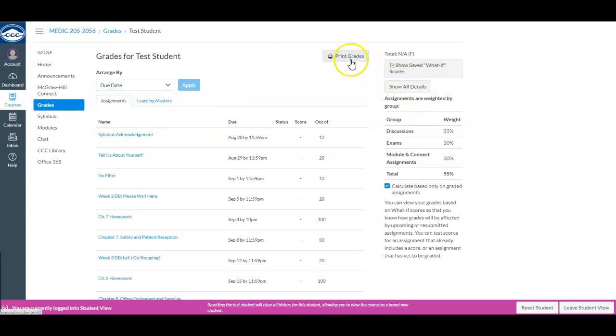You can print your grades. You can show saved what if scores here. You can show all details, so it goes into a bunch of details there. Or you can, I don't have anything because there's no grades, but one of the cool features is this what